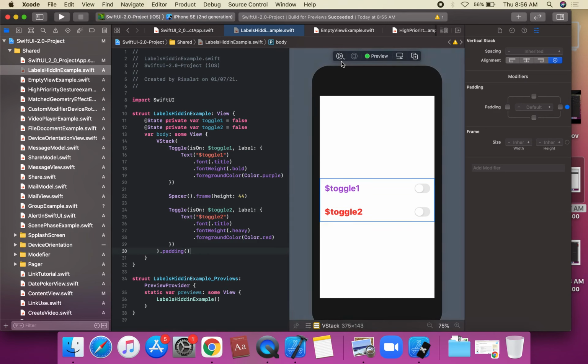Okay, we're going to resume the project. This is toggle 1 and toggle 2.